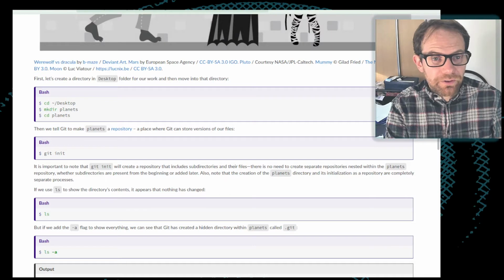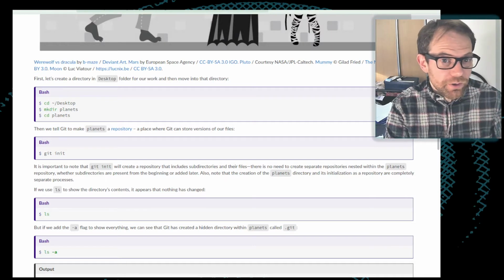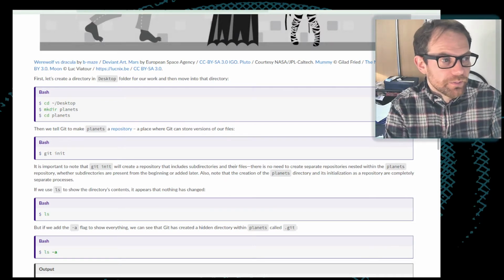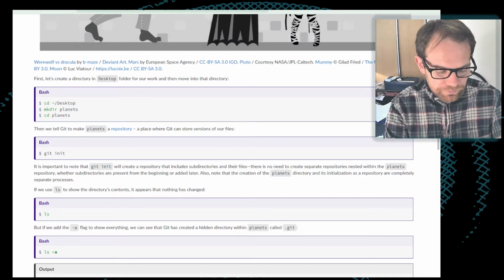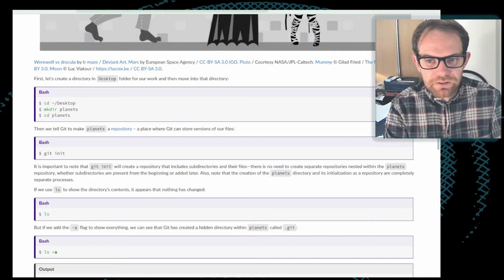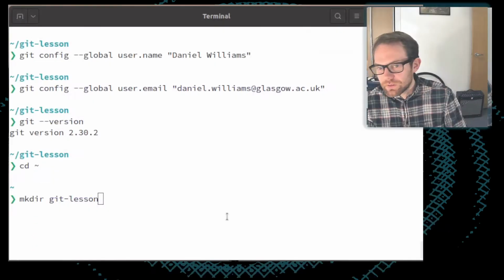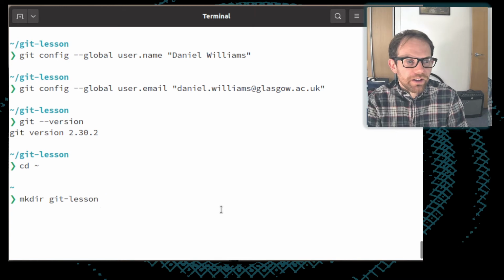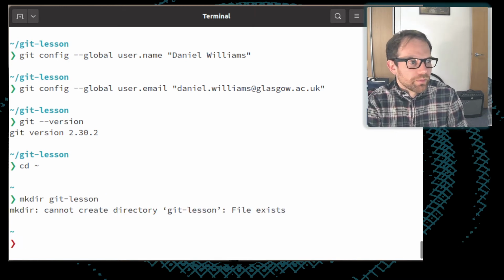For what it's worth, I have a directory in my home directory called repositories where I tend to keep these. But for the purposes of this lesson, we can work with mkdir git-lesson, which is just where I'm going to keep this. I made this earlier, so this is going to throw an error,